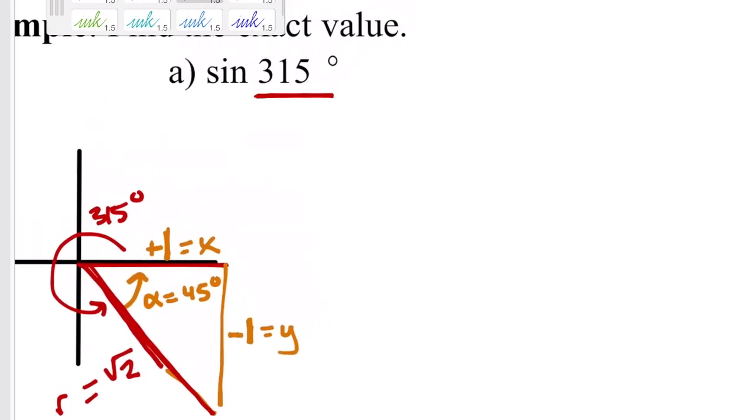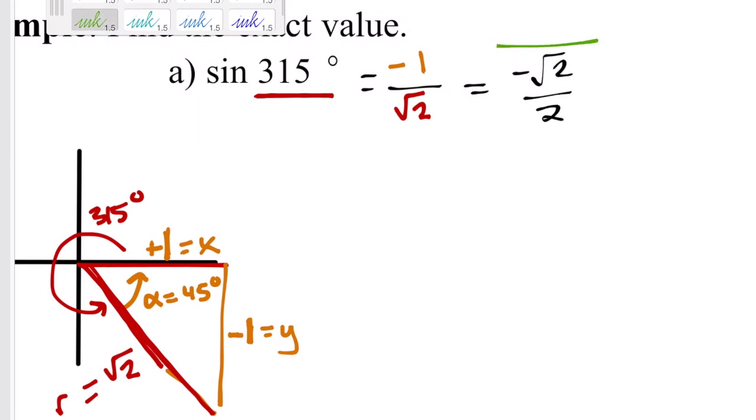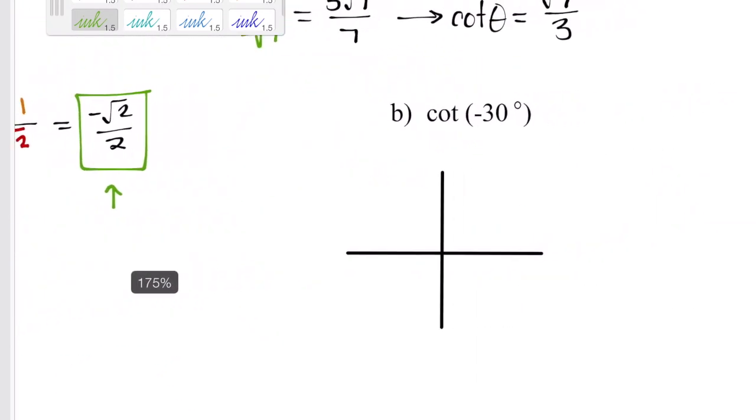Because we're looking at sine, that means that we're looking at the y over our r value. So in this case, it's negative 1 as my y value over my r, which was square root 2. Rationalizing this, I end up with a negative square root 2 over 2. Definitely not something that would be pretty in the calculator. And then my very last,